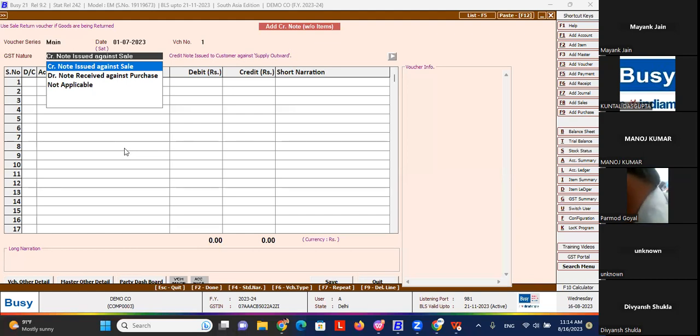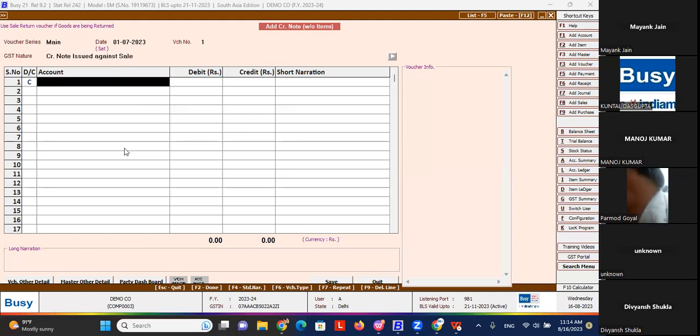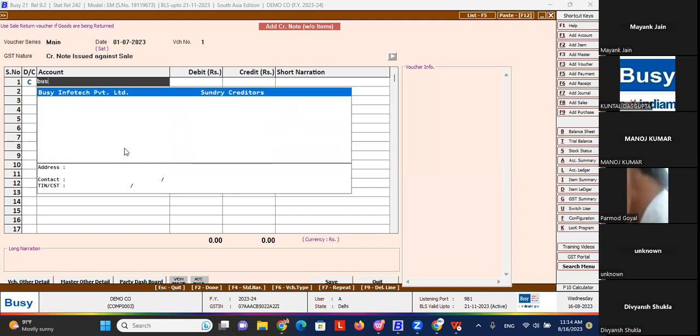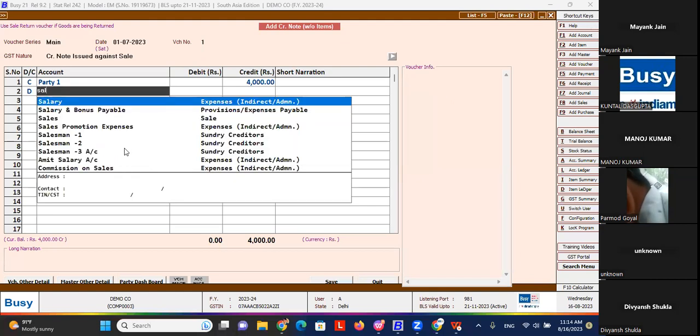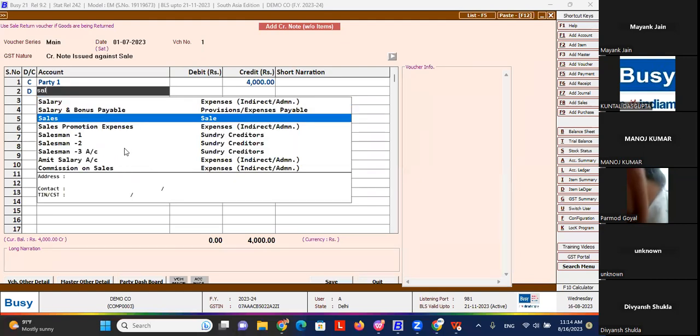So you are issuing a credit note against the sale to the customer. Here, credit will be the customer who is going to return you the product. So the party will be on the credit side, for the amount of product he is returning. And then debit will be the sale ledger, because normally